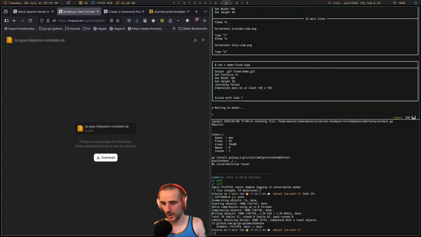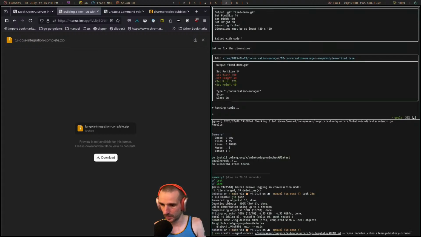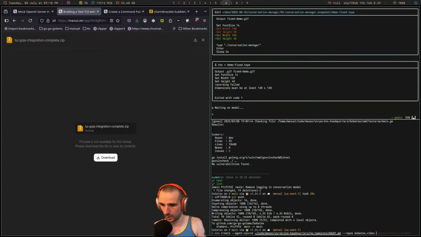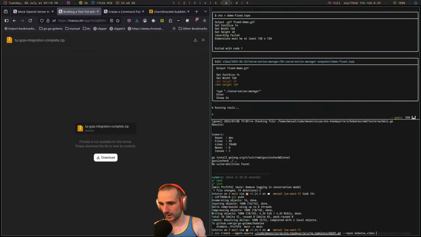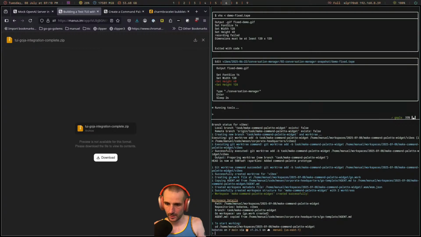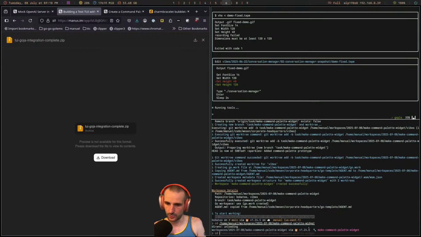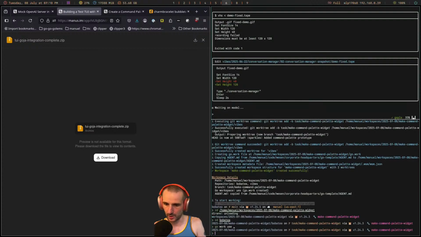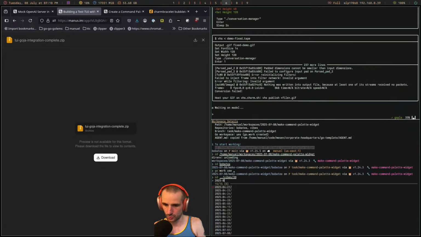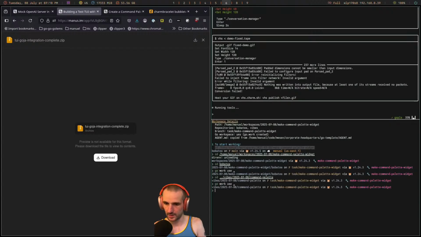and now that we have both the vibes pushed and the Boba pushed, we're going to do the same thing as before, except this time we're going to call it Pinocchio add. No, we're going to call it make command palette widget, right? We're going to go into this directory, and we're going to go into Boba-T, go work use dot. We're going to go into vibes, July 8th, into the command palette. We're going to use this, and